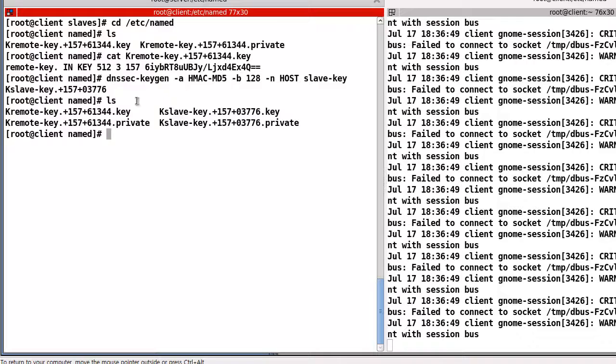Okay, now I can find here the slave key, this one, and the private key like this. And after that,